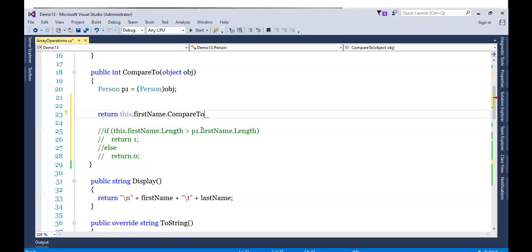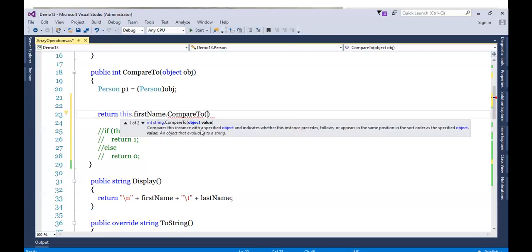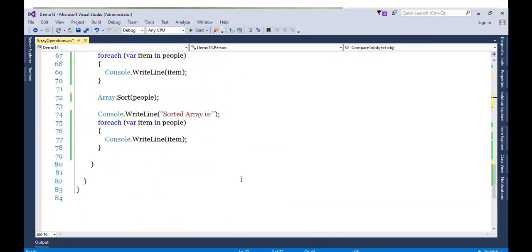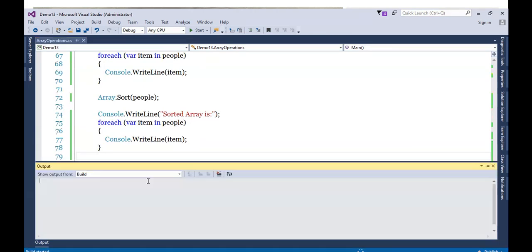So CompareTo, and then it will take the explicit value. Our explicit value is p1 right now. So we'll use p1.FirstName. That's it. If I do it like this, the CompareTo method will sort my array alphabetically on the basis of first name. So is it working? Watch out.